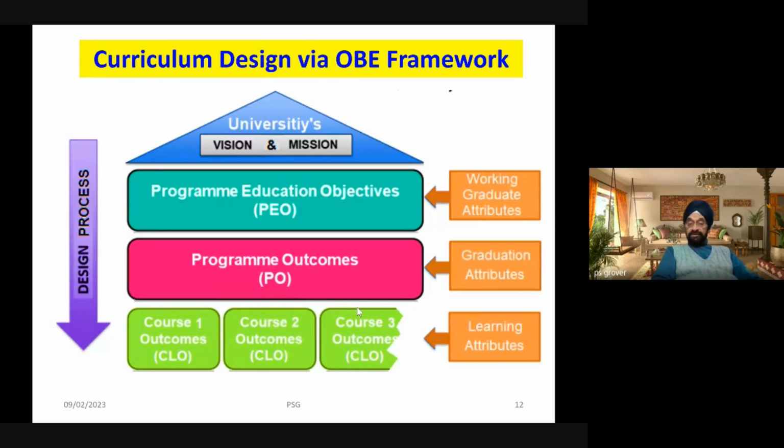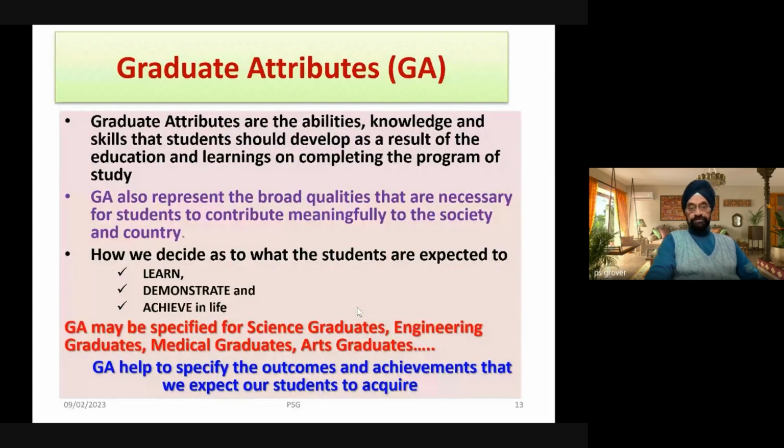Syllabus will consist of various courses. Each course will have learning outcomes. So all these things, when kept in mind, lead us to the curriculum which we characterize as outcome-based curriculum. So the thought process starts from the top and ends at the level of courses. Now, in order to come out with a document, in order to incorporate what society